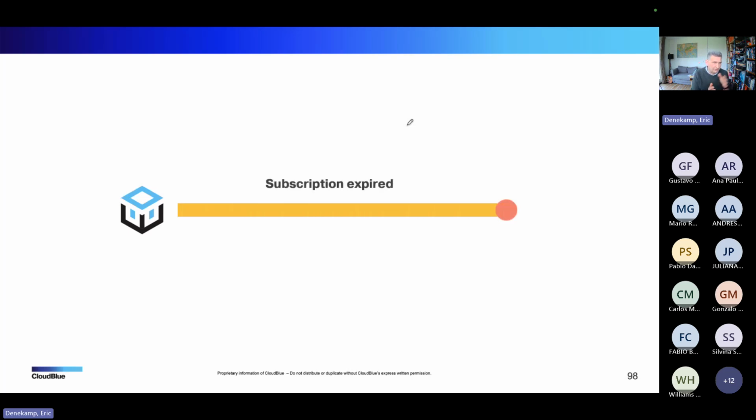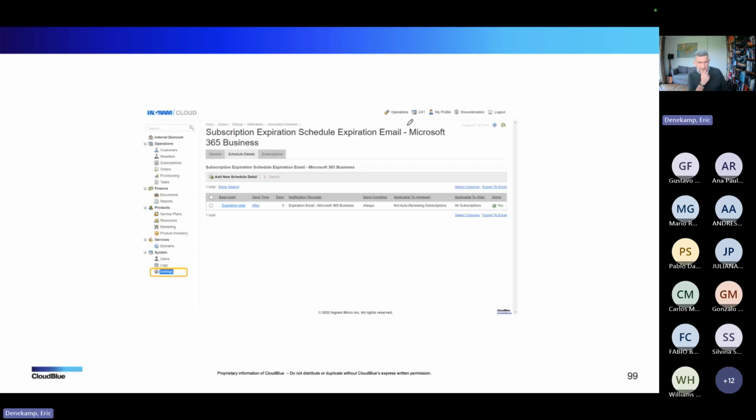So it will not have, as we discussed on Monday, something that does 15 days before, 5 days before, etc. It will just have one message that says your subscription has expired on that last day. That doesn't matter because you can always go in to that notification schedule to add items, as I showed you on Monday.